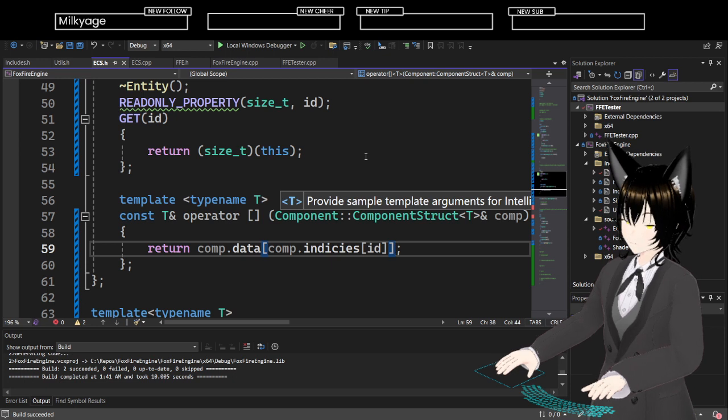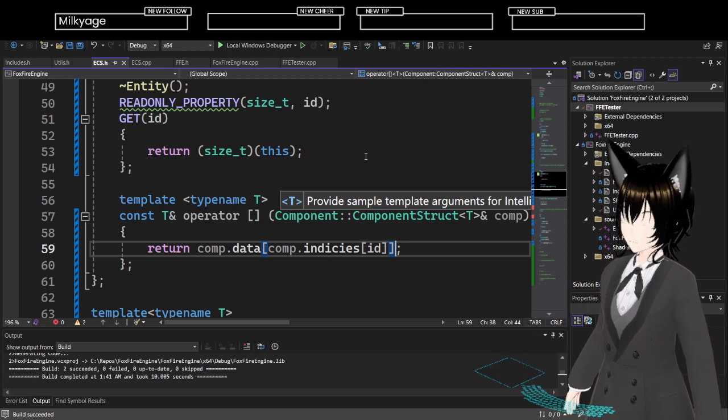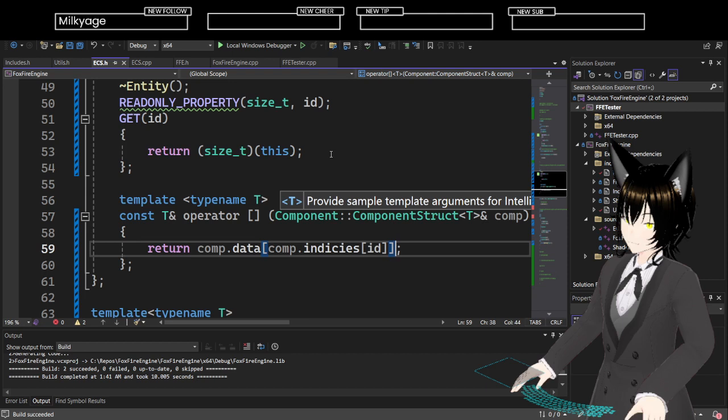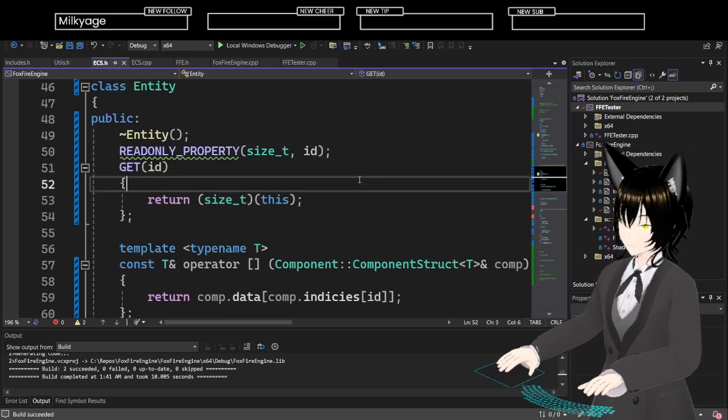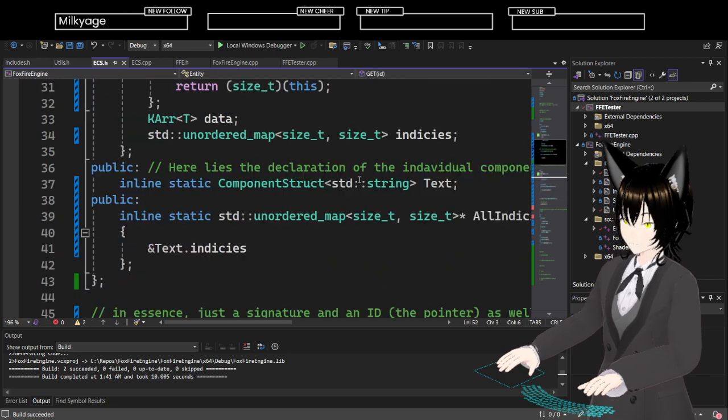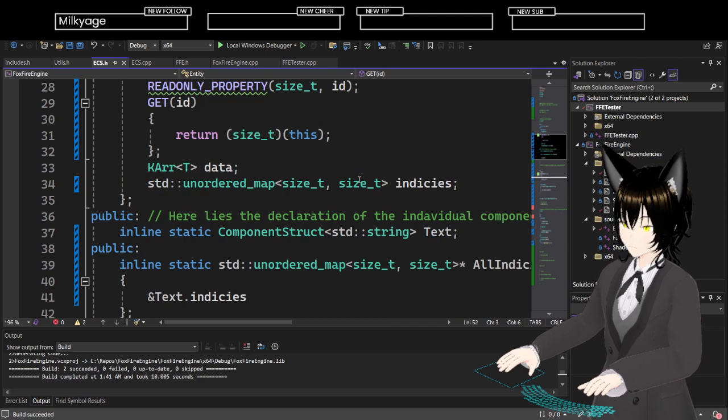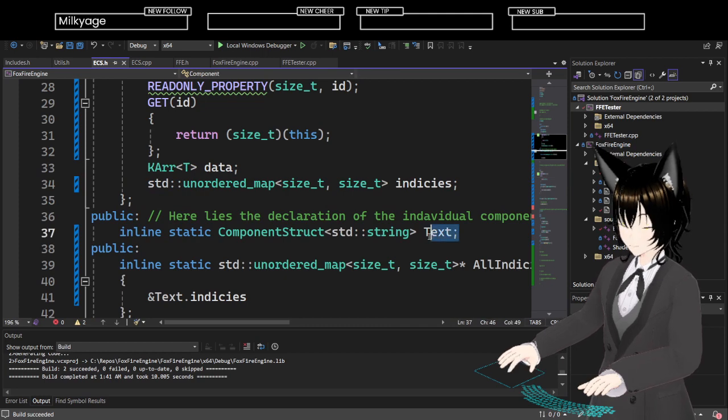Everything allegedly works. Okay. I still don't really like this.